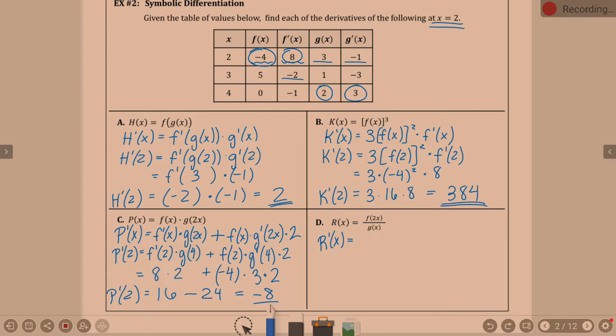So, derivative of the top is f prime of 2x. When we do derivative of f prime of 2x, that's going to have to be a chain rule, so times 2, right? And then keeping the bottom, g of x. Quotient rule says minus. Now I'm going to keep f of 2x, multiplied by the derivative of the denominator, which is g prime of x, all over g of x